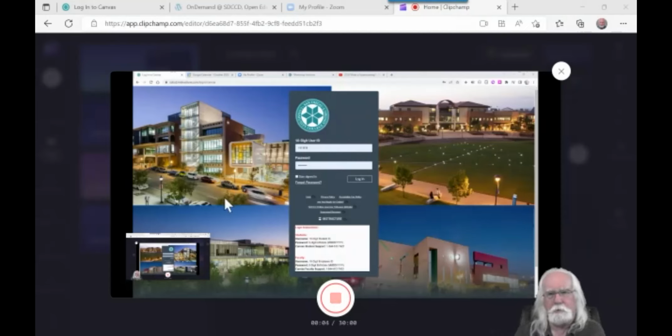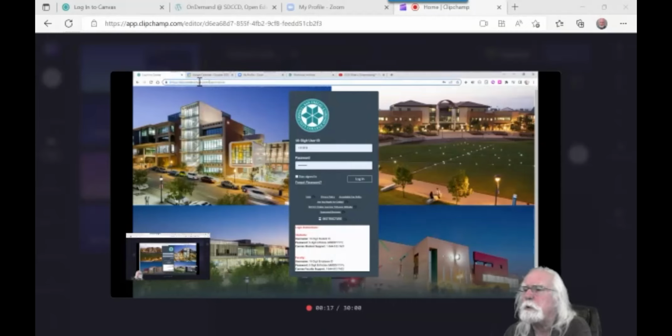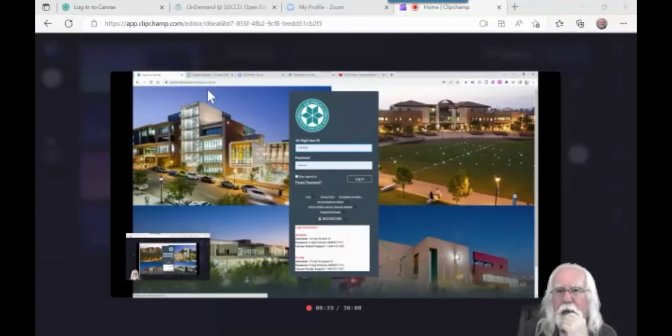Logging into Canvas at the San Diego Community College District. To log into Canvas, you first have to get to the Canvas login page on your computer. Open up a web browser and go to what you see right here: sdccd.instructure.com, instructure being the name of the company that makes Canvas. Press enter, and that will take you to the Canvas homepage,